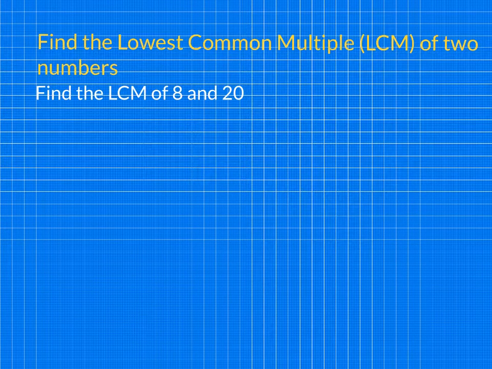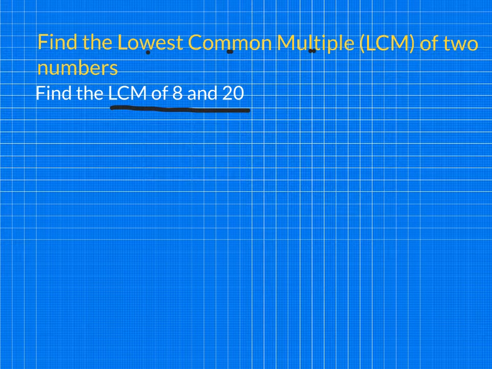Find the lowest common multiple of two numbers. So we're trying to find the lowest common multiple of 8 and 20. This is the lowest number that is common and is a multiple. Traditionally, we have to look at each number and start writing out